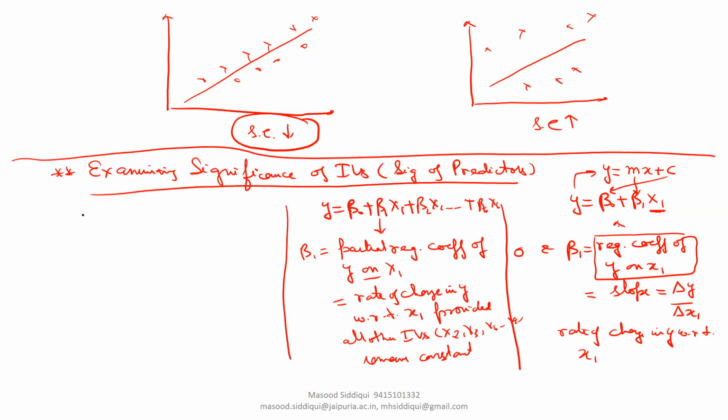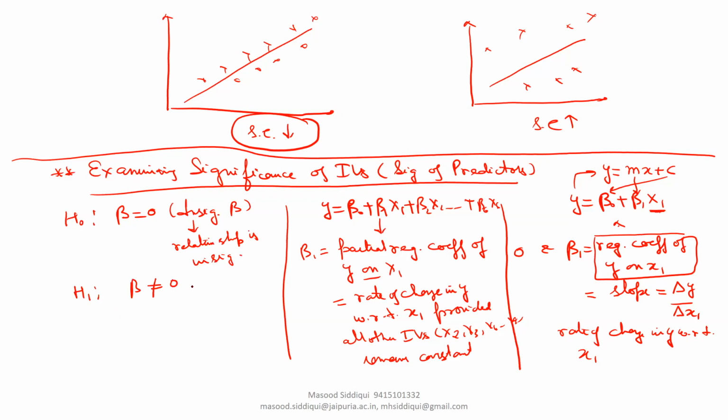Now, as we have discussed, if beta is 0, we would check the significance of the independent variable, or significance of the beta, by proposing the hypothesis H naught: beta equals 0. Beta equals 0 means an insignificant partial regression coefficient, meaning the relationship of that predictor with y is insignificant, that is, having no impact. And H1 is obviously the opposite of H0, so beta is not equal to 0.